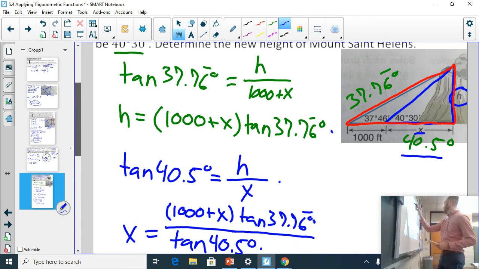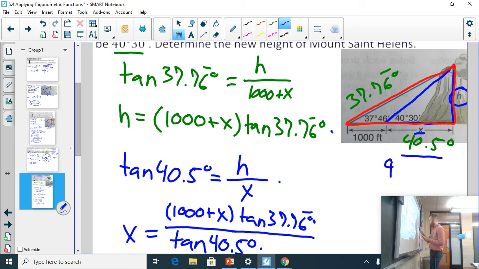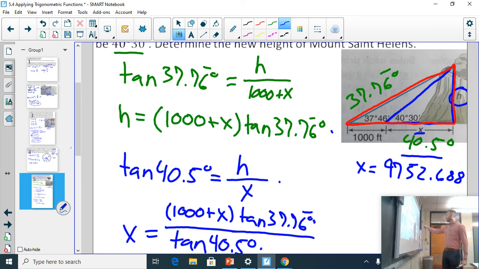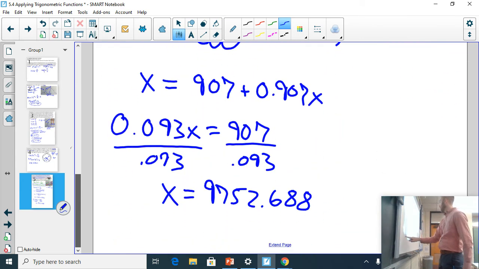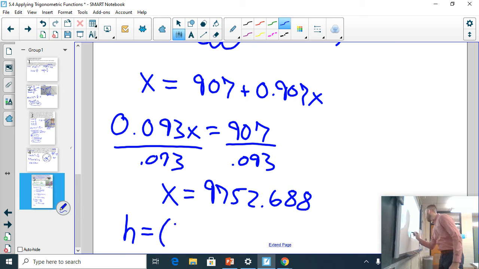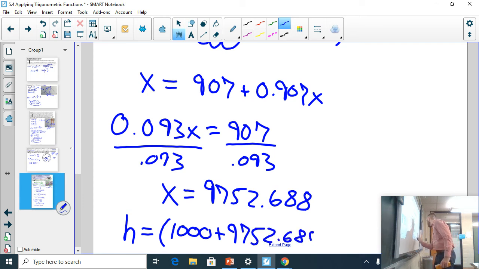And now we can use that in another trig function, right? So now we have this x to be 9,752.688. Now we can use that for our tangent. So we already have this h equation right here. We can just plug x straight into there. So we have h equals 1000 plus x, which is 9,752.688,